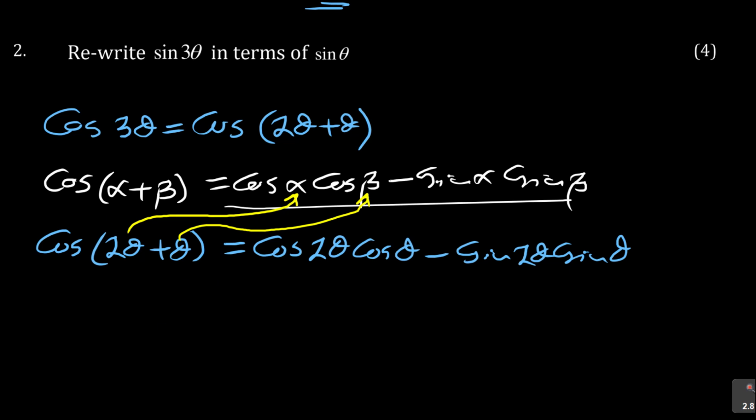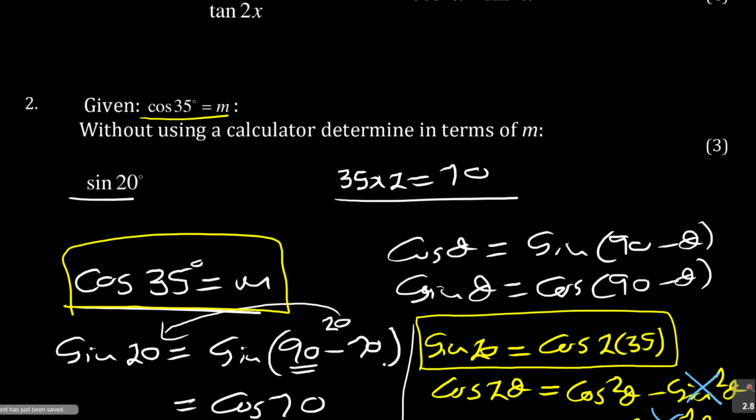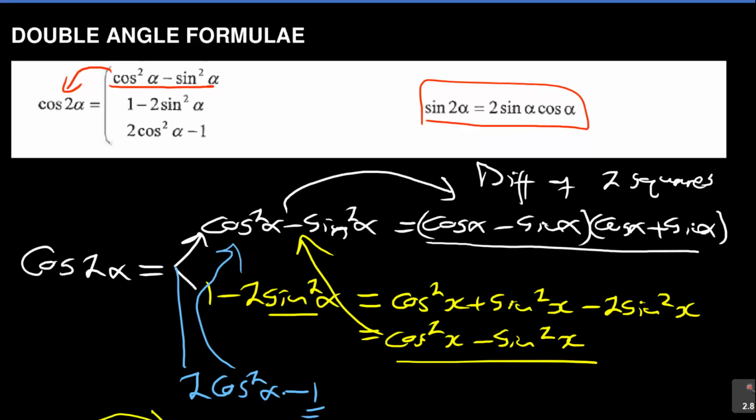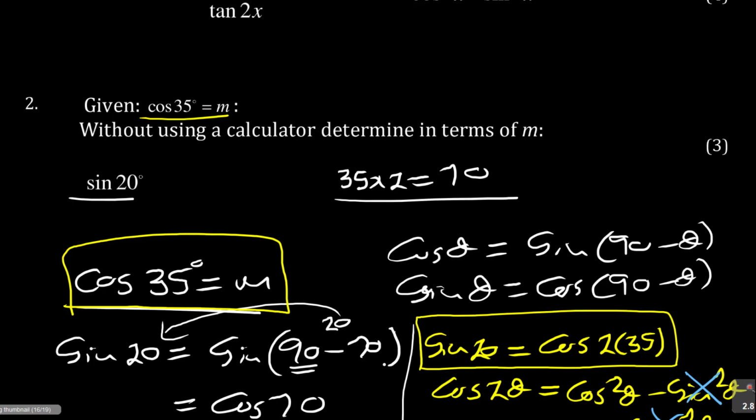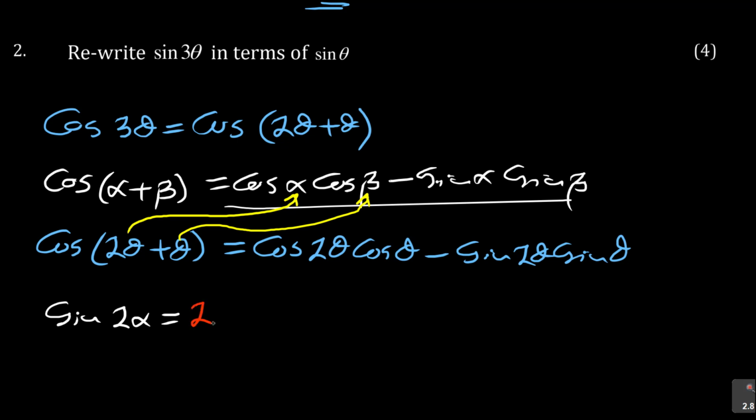double angle, which is what? Sine 2 alpha in the formula. If you go backwards, I think it's here. There is sine 2 alpha. See this part. What is sine 2 alpha? It is 2 sine alpha cos alpha. So I'm going to use that. Are you with me? So I'm going to apply it there because there is my sine 2 theta. So this will be